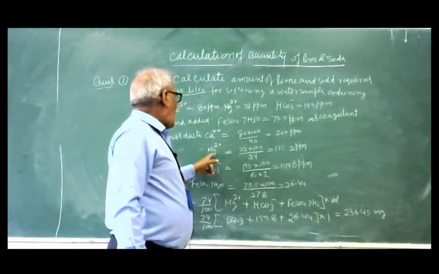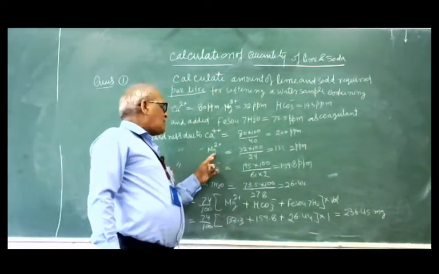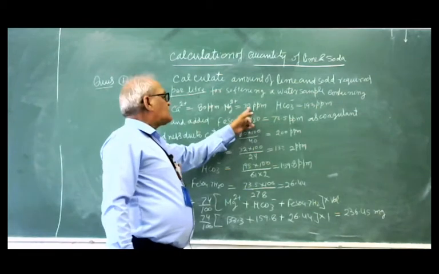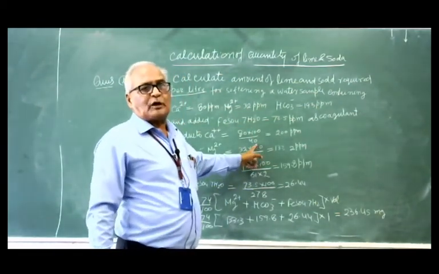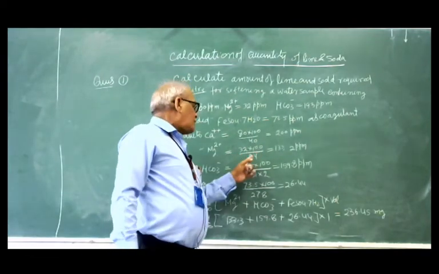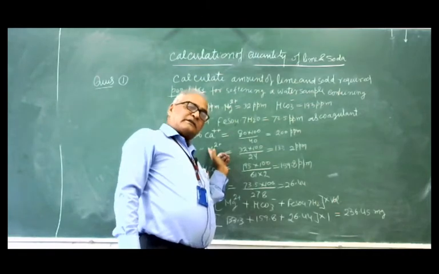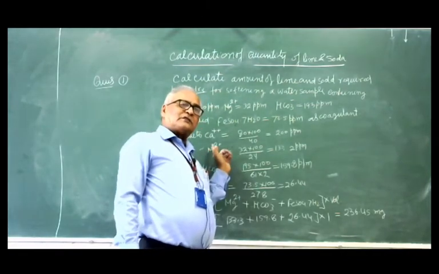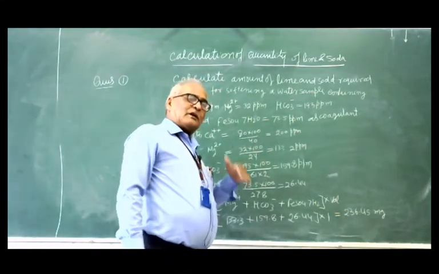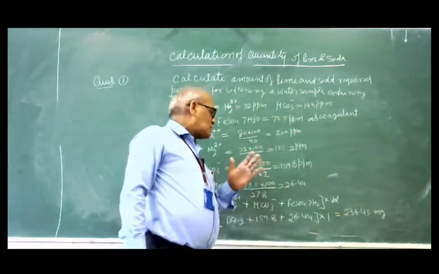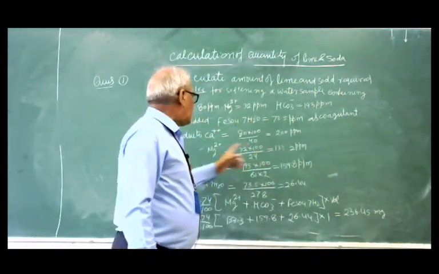Now second, how much hardness has been created by the magnesium ion? Magnesium ion amount dissolved 32 ppm, 32 ppm into 100, 100 means molecular weight of the calcium carbonate, divided by the atomic weight of the magnesium ion. मैग्नीशियम का एटॉमिक वेट, मैग्नीशियम आयन का एक ही होता है, कैल्शियम एटम का और कैल्शियम आयन का एटॉमिक वेट एक ही होता है. So 24, you will get this much the hardness created by it.